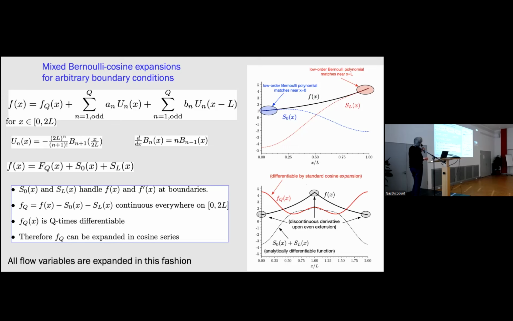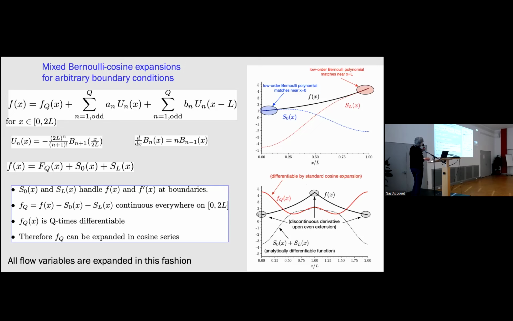So you can relate the nth Bernoulli polynomial to the n+1 through just this multiplication. And like Fourier modes, the derivatives of these Bernoulli polynomials just reduce to a multiplication. And so f sub q